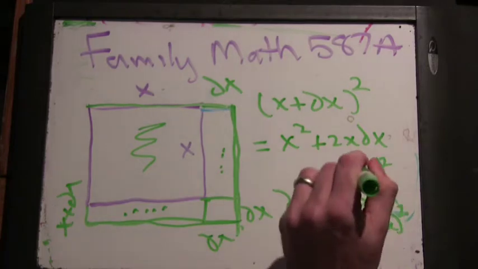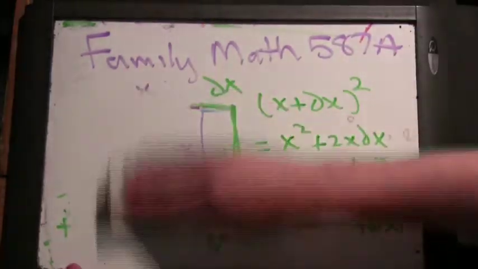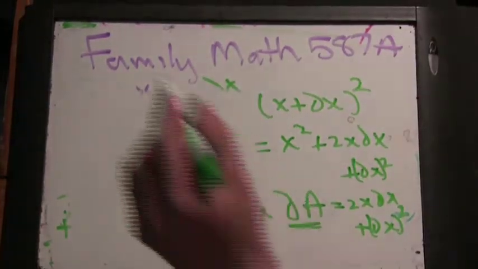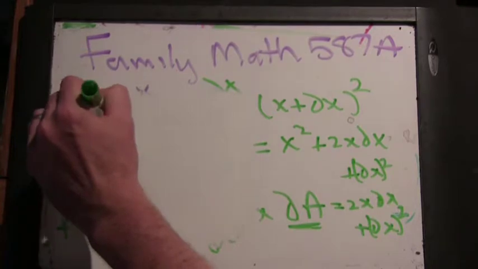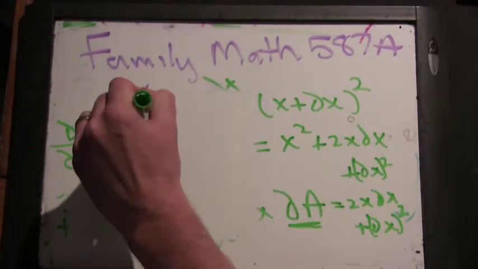Dx quantity squared, you've got to be careful with that. And we're trying to find the change in area per change in length, so we divide by dx. I'm close to out of room, so I'll just put it over here. The change in area per change in length is 2x plus